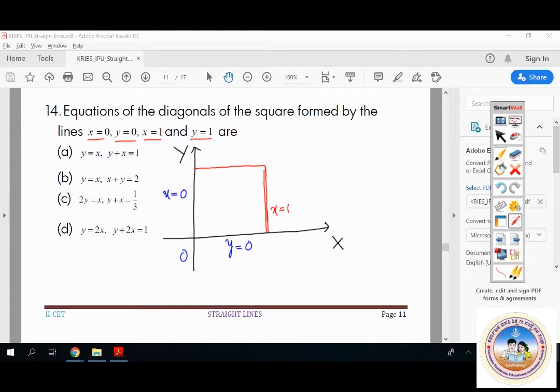x equal to 1 and y is equal to 1. So I am going to redraw that properly. ನೋಡ್ಕೊಳ್ಳಿ ಇಲ್ಲಿ x is equal to 1 and y is equal to 1. So this is the line which is y is equal to 1 and this is going to be x is equal to 1. Understood? So you got a square formed by these four lines. ಇಲ್ಲಿ so ನೋಡಿ ಈಗ so this is the line which passes through like this, right? So ಈ line ಹೀಗೆ ಹೋಗ್ತಾ ಇದೆ, ಈ line ಹೀಗೆ ಹೋಗ್ತಾ ಇದೆ.